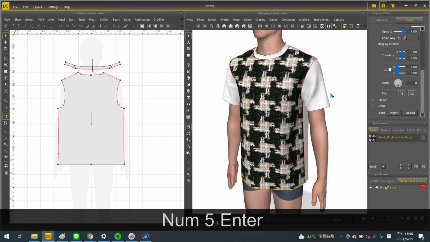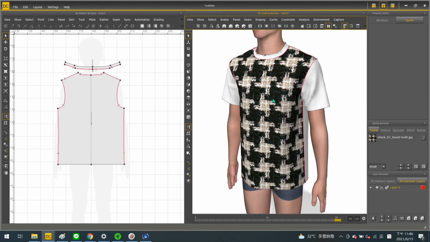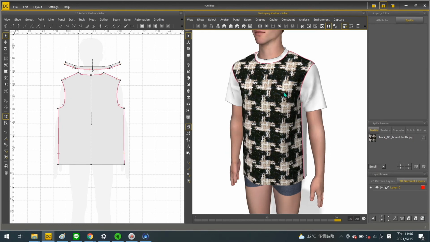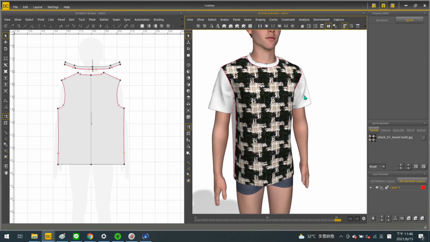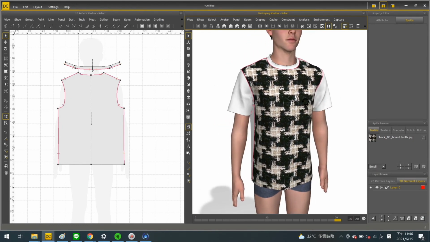And aside from this, there's another way to use fabric in DC Suite. With this time's practice file, we give you the zip file. It is the fabric folder we downloaded from our Scanetic for Fashion website. If you have subscribed to our fabric service, you will be able to use Fabric Scanner to digitalize your fabric. And after the fabric is scanned, you can download it from the Scanetic for Fashion website and use it in DC Suite.